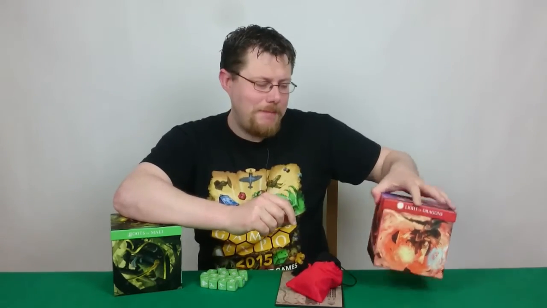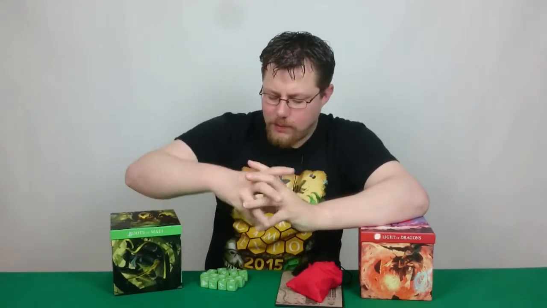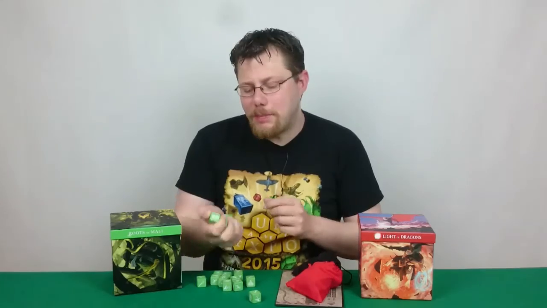This reminds me of another game. Oh wait, that's it. Light of Dragons, which had the same cuboid box with gorgeous artwork and 6 different creatures on it. That's because Roots of Mali is a standalone expansion for Light of Dragons. And what do I mean by that? Well, it plays pretty much exactly the same, except you now get green dice as well as black dice